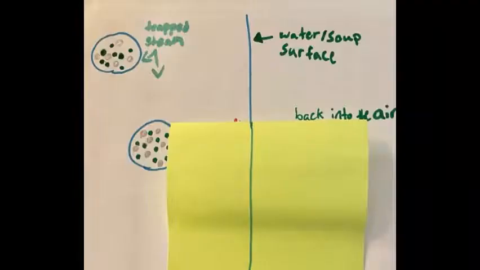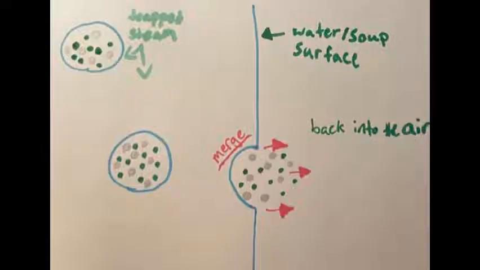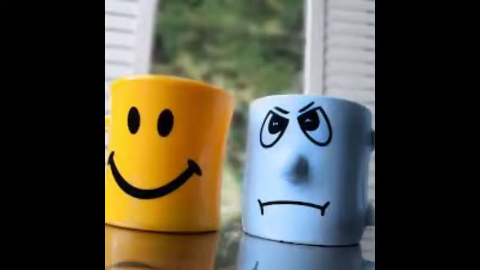Let's look deeper, shall we? What does this look like on a smaller level? So you can see little pockets or vesicles of trapped steam and the water soup surface. These little vesicles bond with that surface and end up allowing all that steam to go back into the air. This is an analogy for the cellular process of exocytosis, which is the polar opposite of endocytosis, because exocytosis means